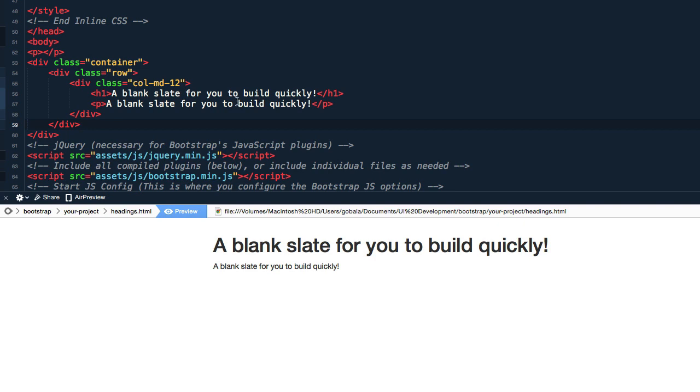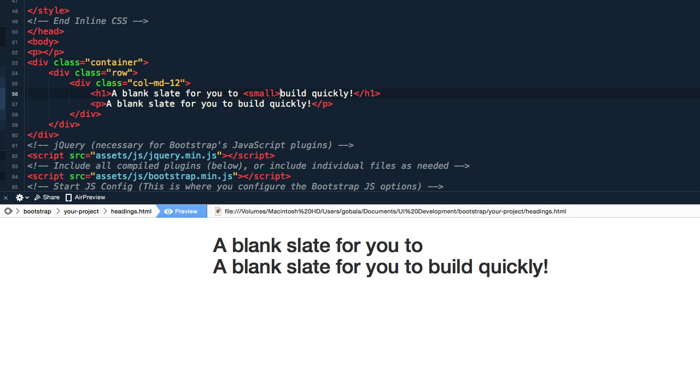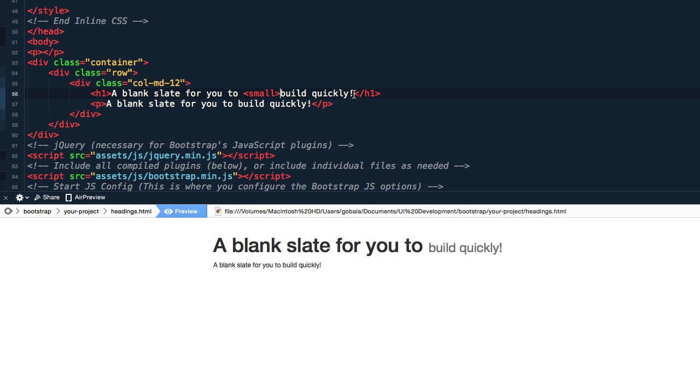So within the header tag, you can select a section of that tag to make this a sub of the header 1 by adding small. Okay, this makes the text smaller, of course, but it also changes the color of the text. Okay, that's one neat little trick that you can do. Now you can also